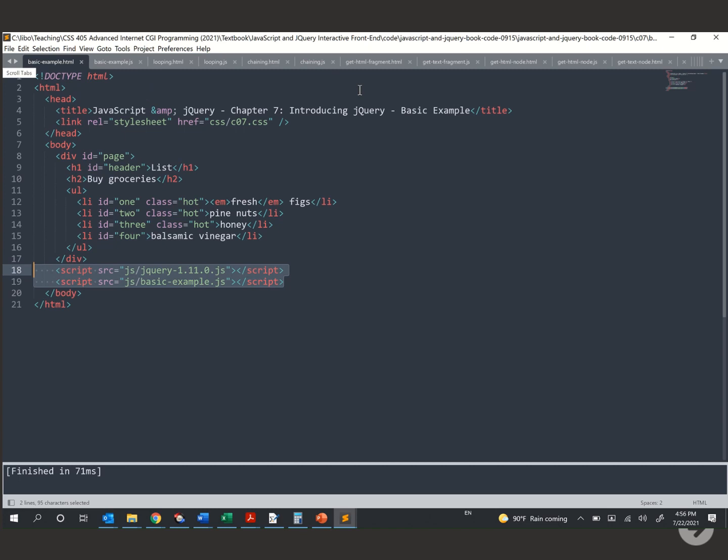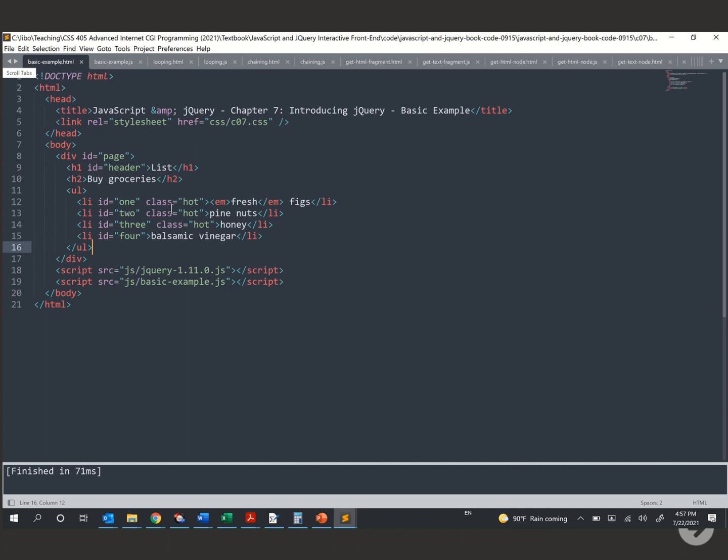Let's look at the contents. In fact, not very new. Look at JavaScript, and then you will show this title, and then you have a CSS. Put all together, you have HTML code, head, body, like these things, and then you also have a CSS. The next one is the content of the HTML. So you have a division, and then an ID for heading, the first heading, a second level heading, and then you have an unordered list. In this unordered list, you have 4 items, list items, and then 1, 2, 3, 4 is for